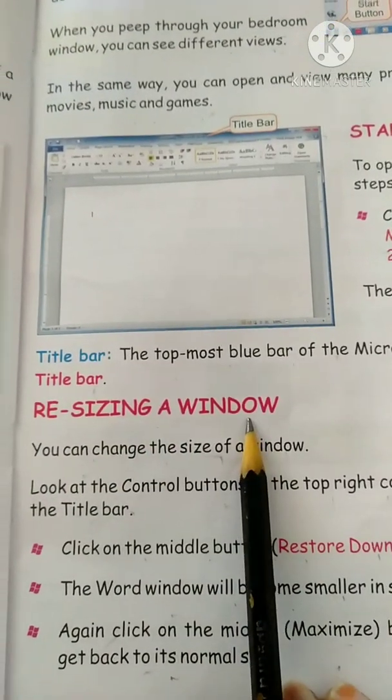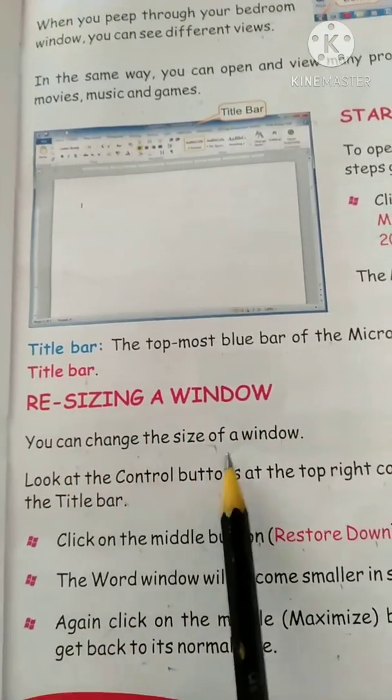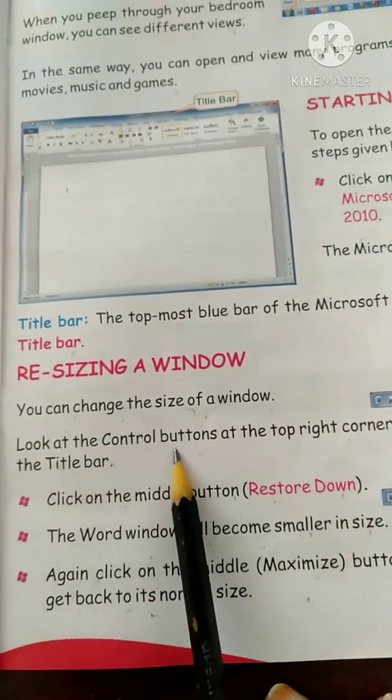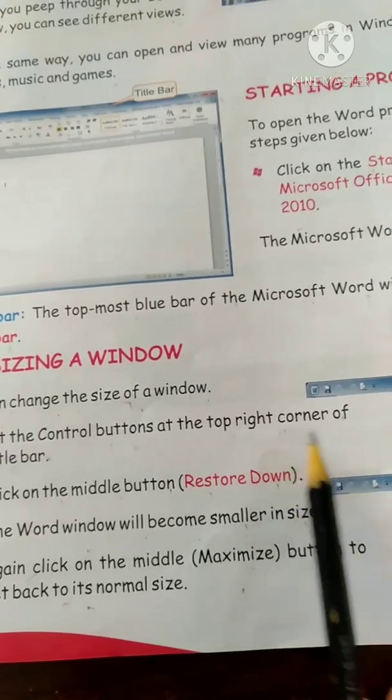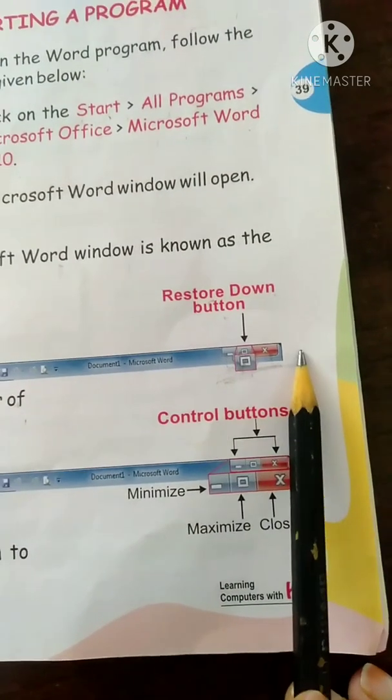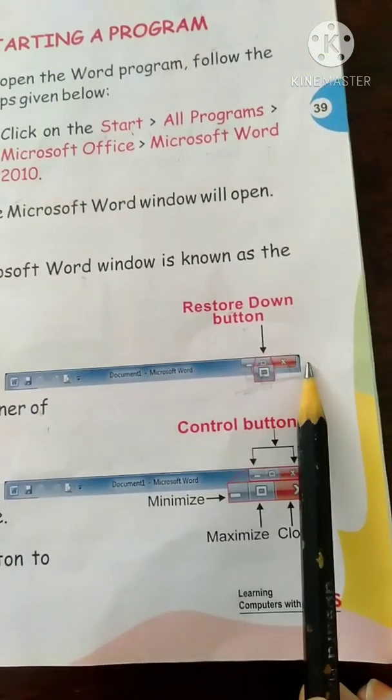Resizing a window. You can change the size of a window. Look at the control buttons at the top right corner of the title bar. On the right corner you can see 3 control buttons.